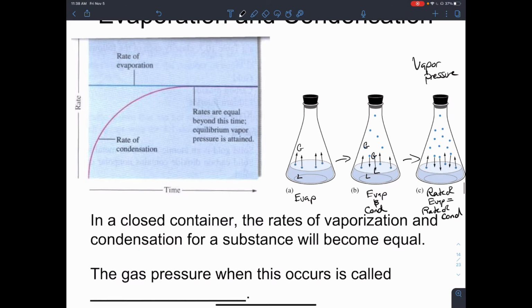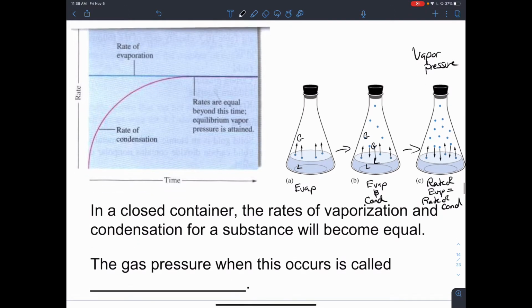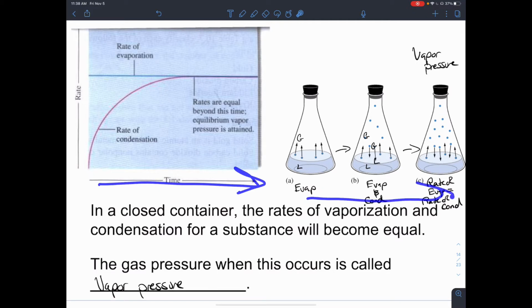So in a closed container, the rates of vaporization and condensation for a substance will become equal. The gas pressure when this occurs is called the vapor pressure. This graph on the left, we just want to practice reading. So over a period of time, just like our three flasks occurred over a period of time, we take a